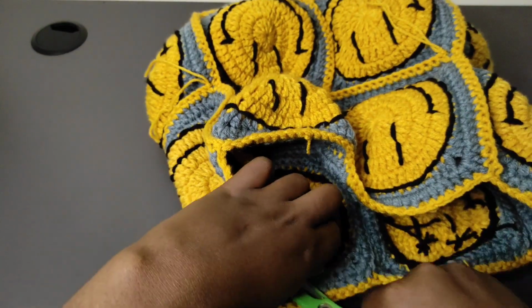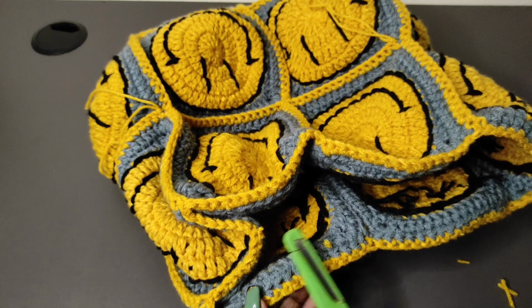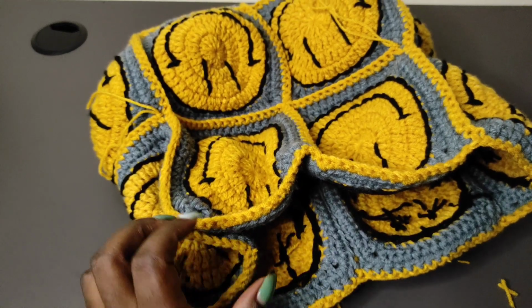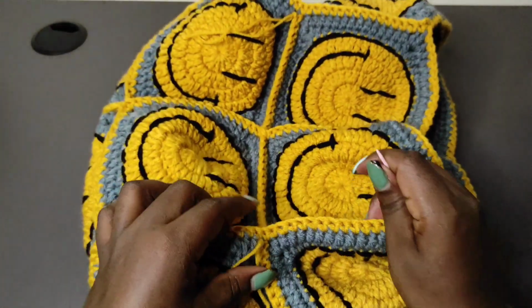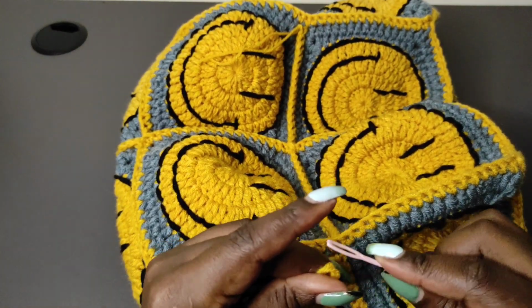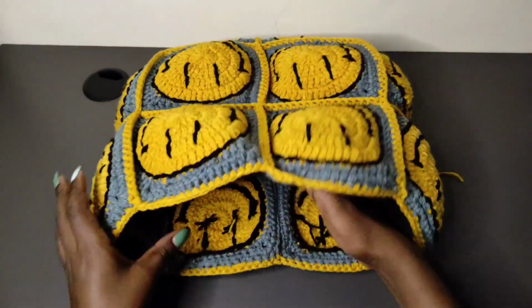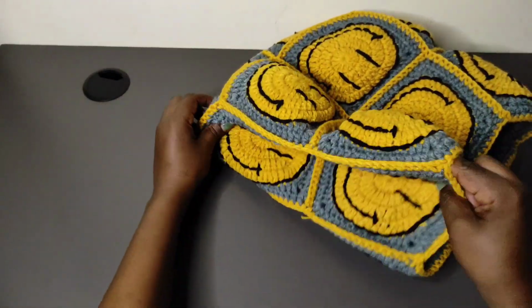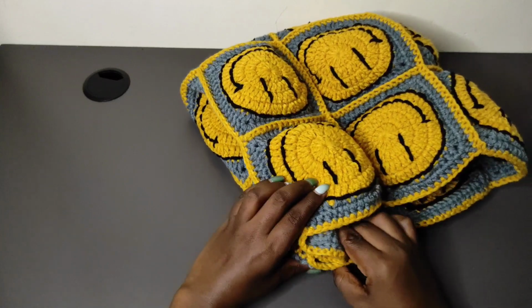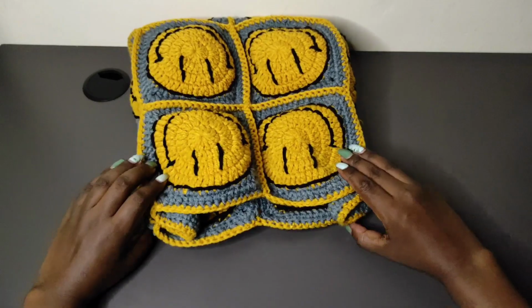Once I'm done weaving the end, I'll trim off all the other ends that are already weaved in. Then I'll go on to weaving all the other ends that are on the top part of the bag. I'll weave them in and then I'll be back once I'm done with the weaving. This is what you're going to have after weaving in all the ends, and this is how the bag folds on both sides. The next thing that we're going to do is work a cover to place over the bag,